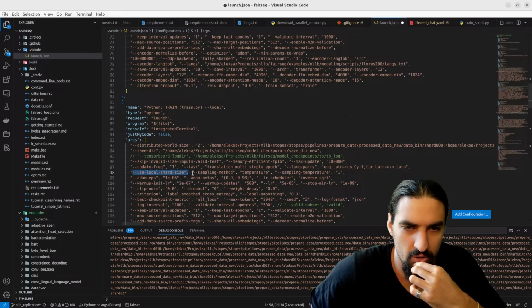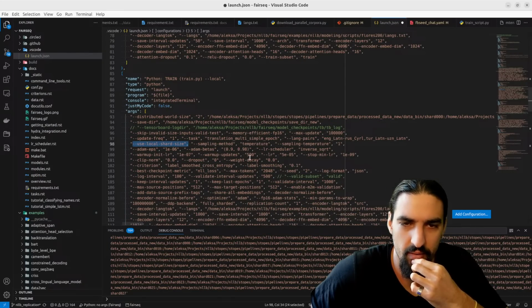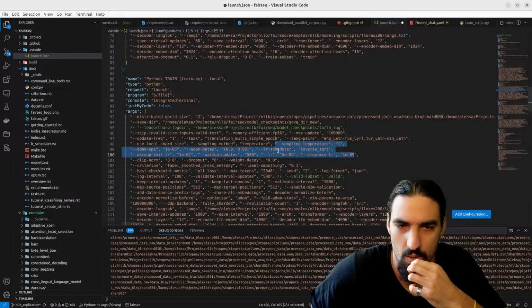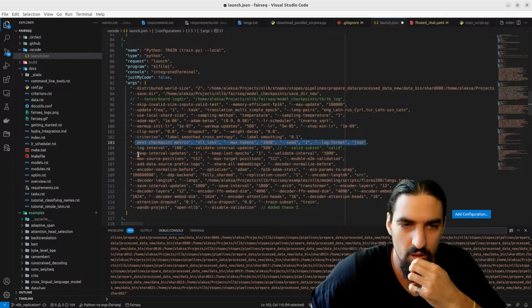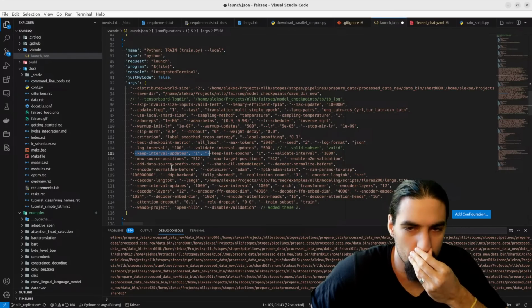Use local shard size, sampling method, temperature, criterion, label smoothing, max token seed, log interval. All of this makes sense.